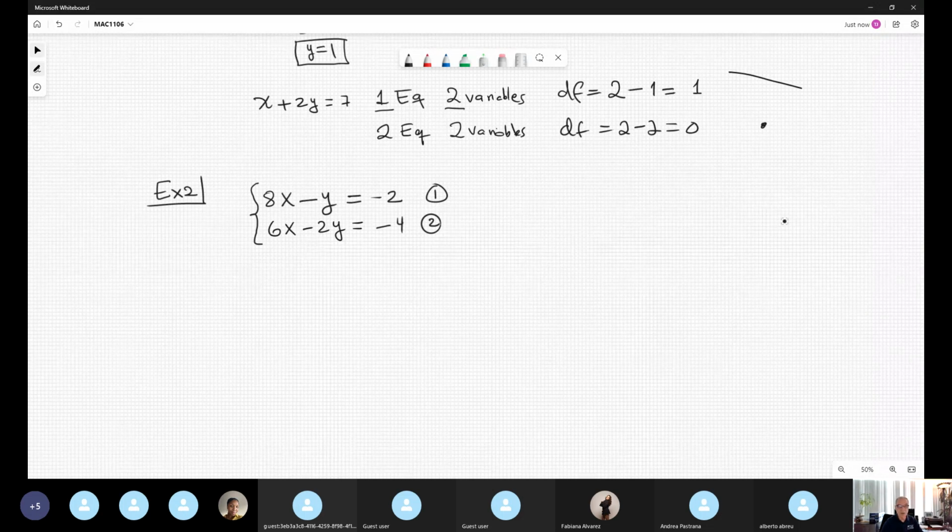One more time, we use substitution. Why? Because I can see in the first equation that at least one coefficient is 1 or negative 1. So I actually,